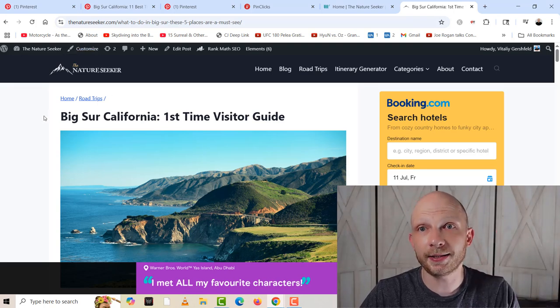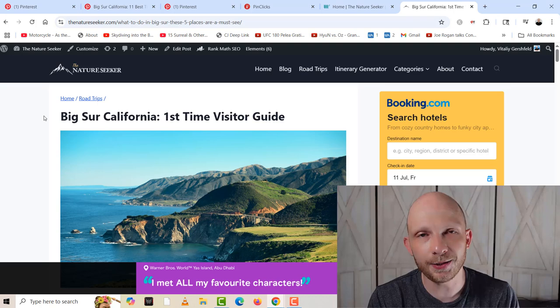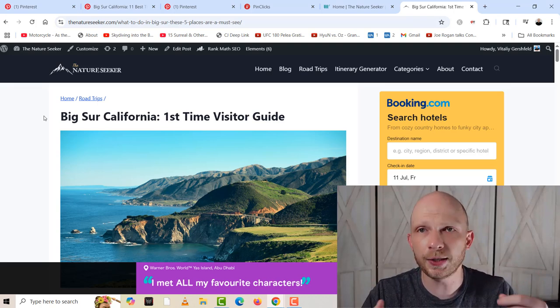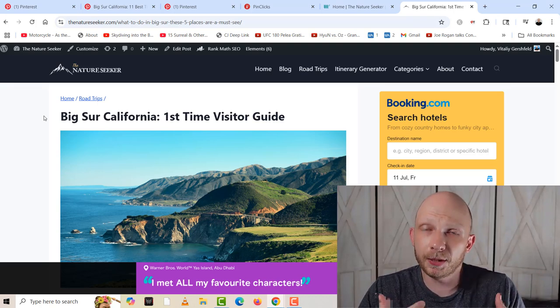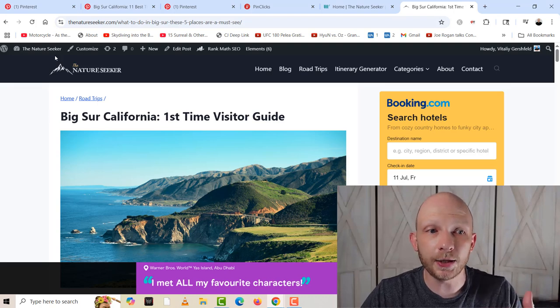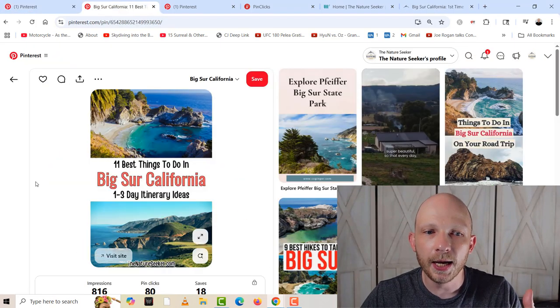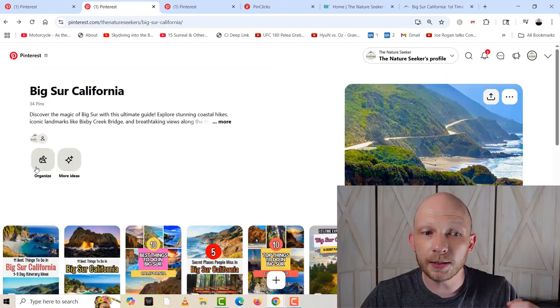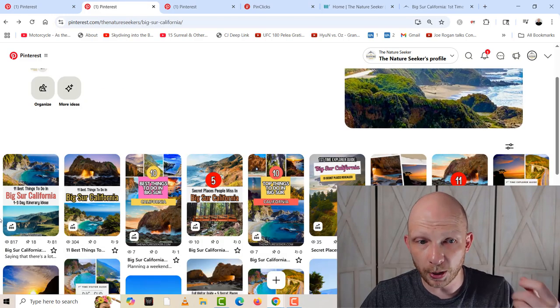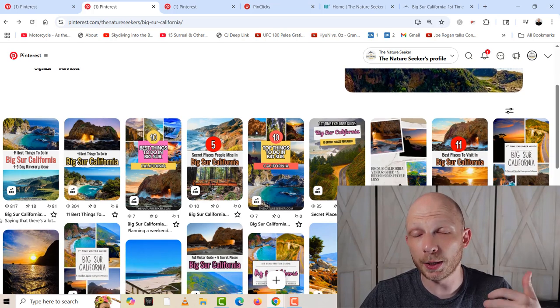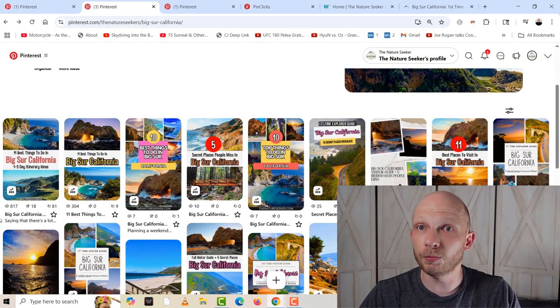And so the next step is, after you publish these pins, you have to give it time. Sometimes it takes weeks, sometimes it takes a few months, but there are a lot of keywords that are evergreen. And so once you start doing these things and you give it time, these pins will start to get impressions and clicks. Now, not all of them are going to be successful. In my experience, it's the minority of pins that you create, but you don't really need a lot to start